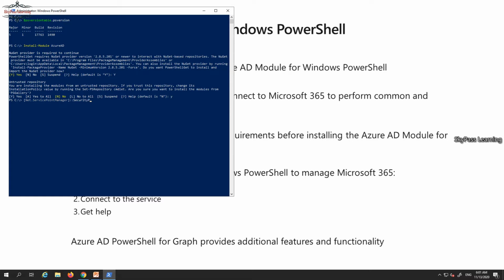I will copy all these commands into the description box of this video. [Net.ServicePointManager]::SecurityProtocol = [Net.SecurityProtocolType]::Tls12. So you can run this command if you are getting an error while installing NuGet.